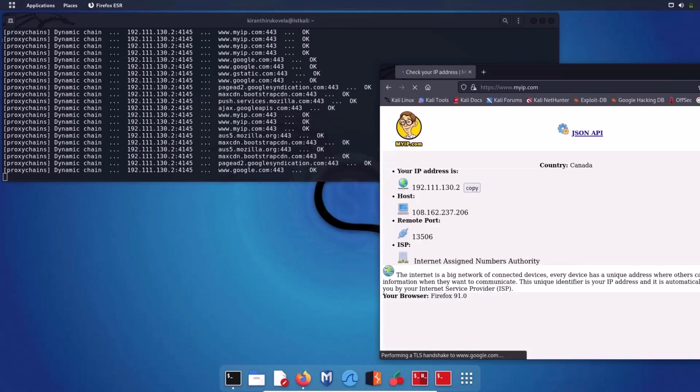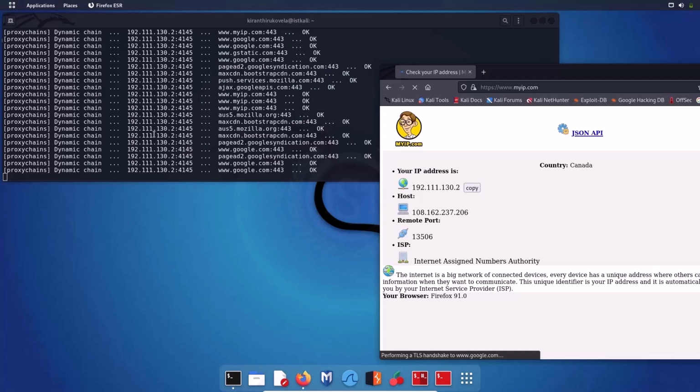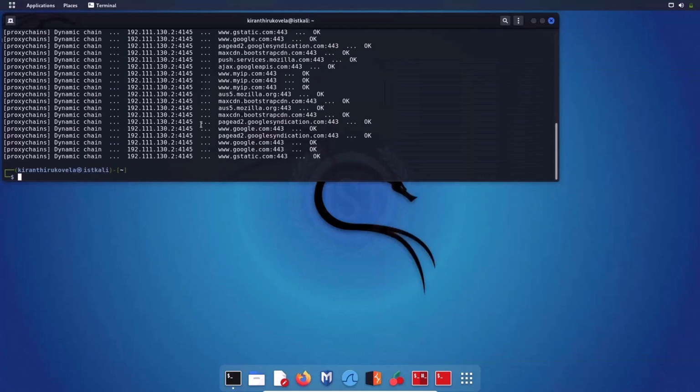As you can see over here, my current IP address is 192.111.130.2. Actually, it is the IP address of this proxy server. And in the chain, we have only one proxy server in the list. So now I'm going to close this browser. And as you can see over here, the proxychains application has now stopped running as we have closed this browser.